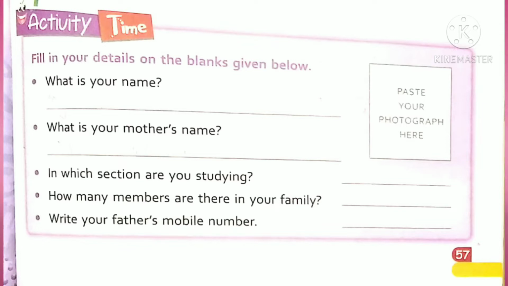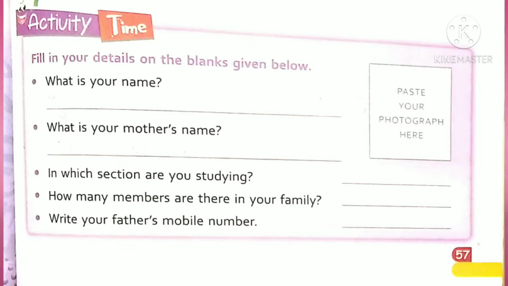When we fill in everything, this is called data. When we write details about our family, our neighbors, state or country or anything, that is called data.